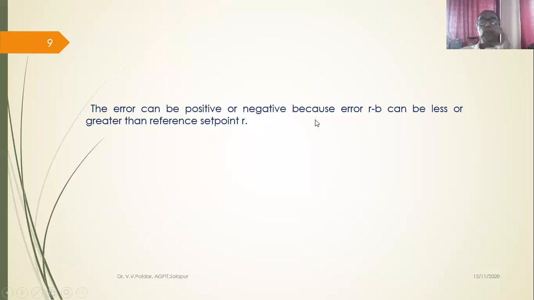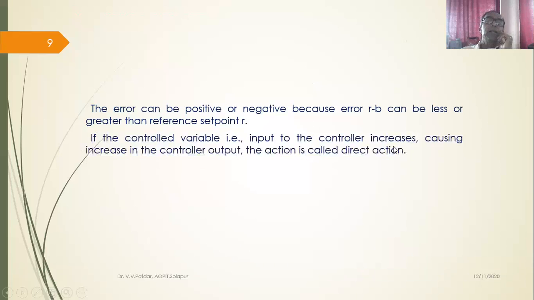Let us quickly see the characteristics. The error can be positive or negative because the process variable can be less or greater than the reference set point. If the control variable, that is input to the controller, increases, causing an increase in the controller output, the action is called direct action. If with an increase in error the controller output is increasing, it is called direct action. And